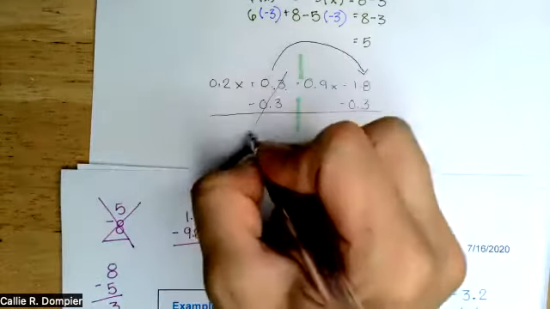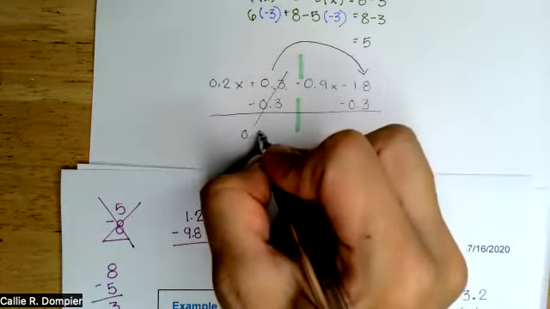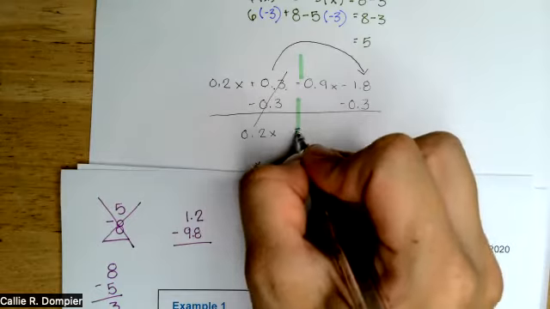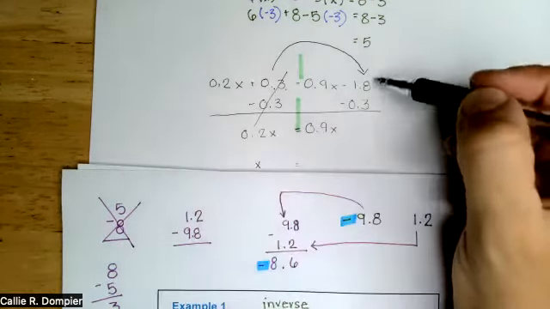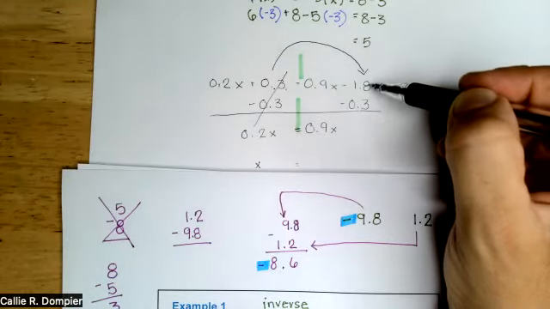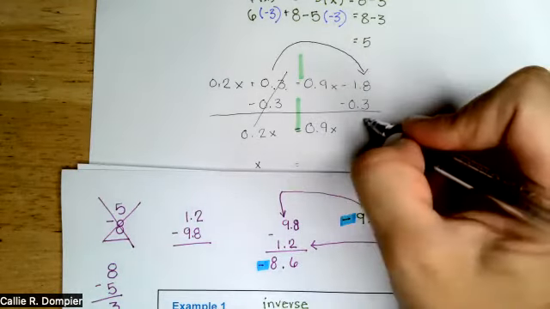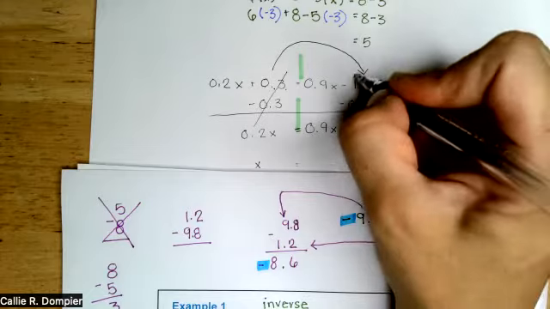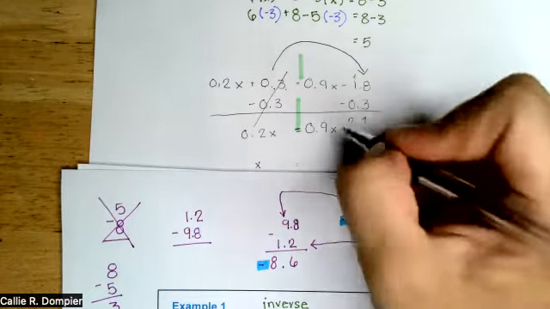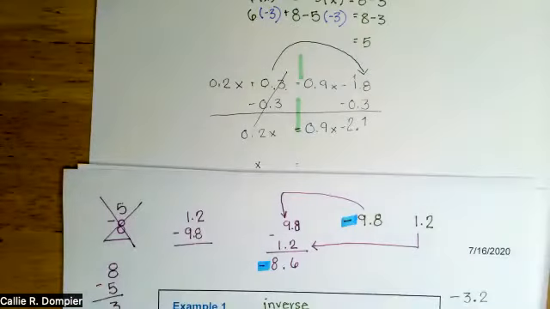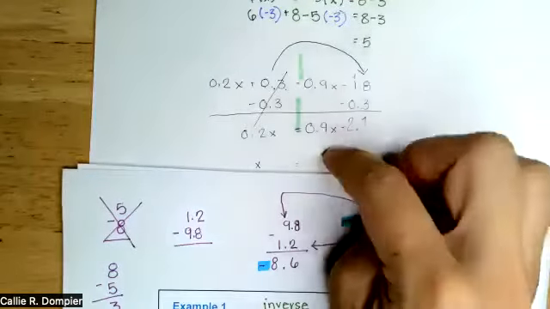Here, this cancels. I have 0.2x equals 0.9x. Again, these are both negatives, so you can just add them. 8 plus 3 is 11. Carry the 1, so we have 2.1, but remember they were both negative, so minus 2.1. Is that okay? All right, so I made that one go over here, but now I have an x on